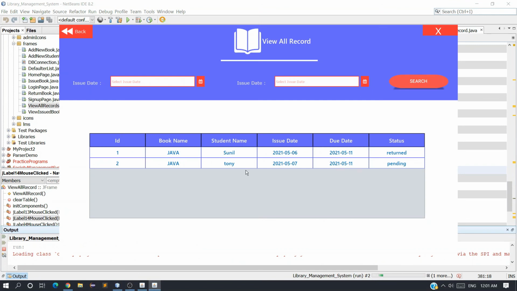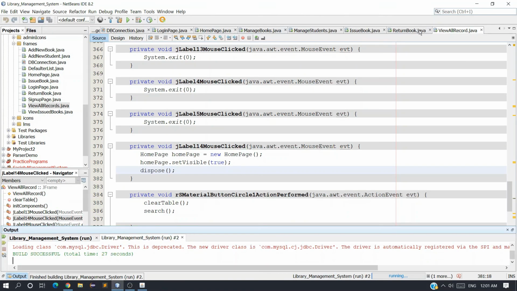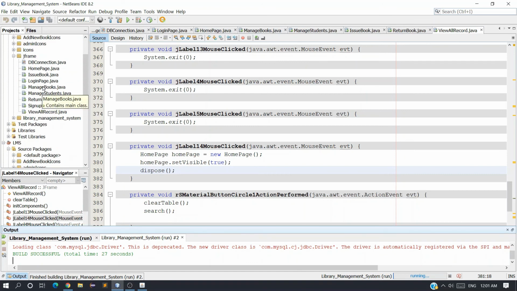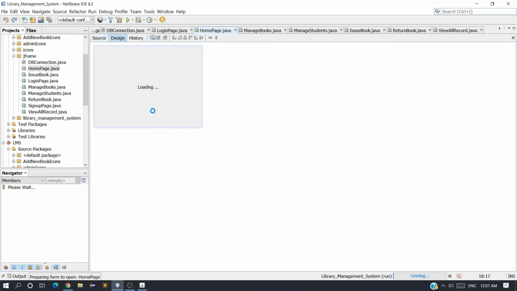And you can see we are getting this back button, and click on back and we are redirected to our home page. And I also want to apply an event on this button. When we click on this view record, we should be redirected to that view all record page. So go to our home page. Here is our home page, and in the design,